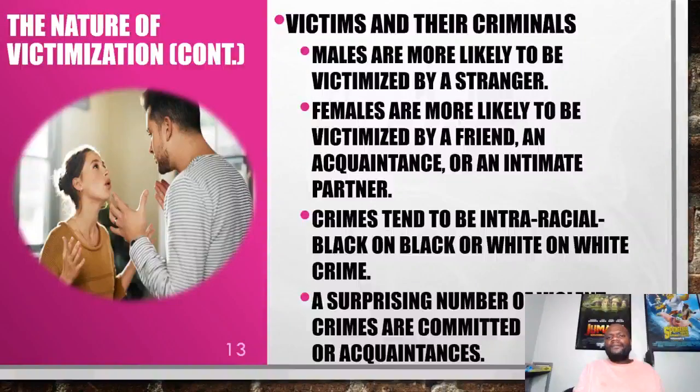So what about victims and their criminals? Again, males are more likely to be victimized by a stranger. Females are more likely to be victimized by a friend or acquaintance. Again, I've talked about this in other courses. One of the things I do want to point out is that crime tends to be intra-racial, so, black on black, or white on white, or black on white,